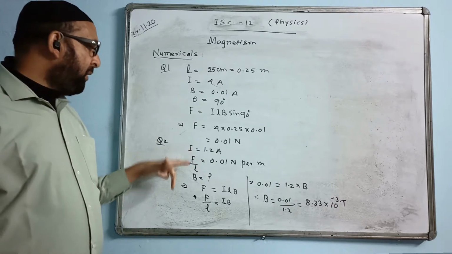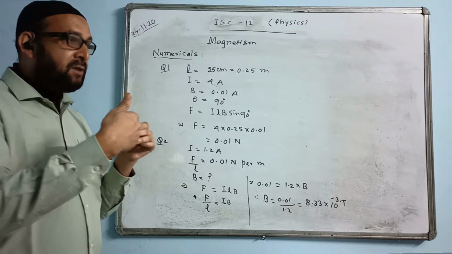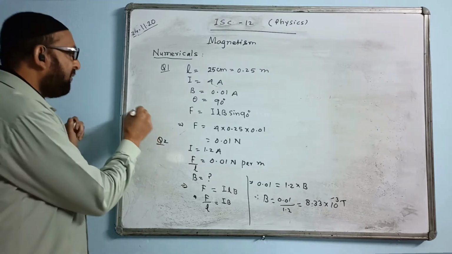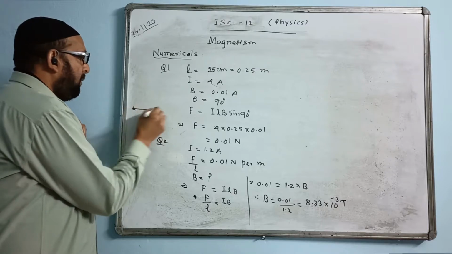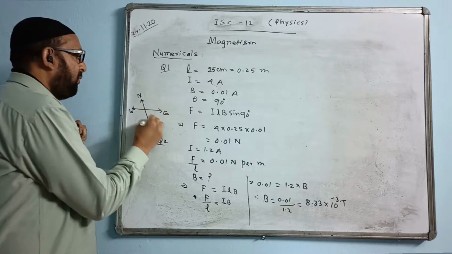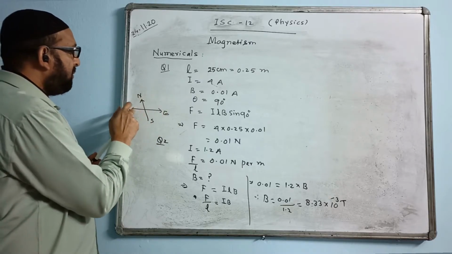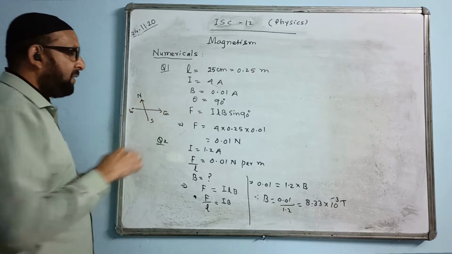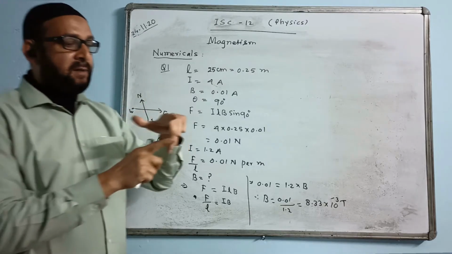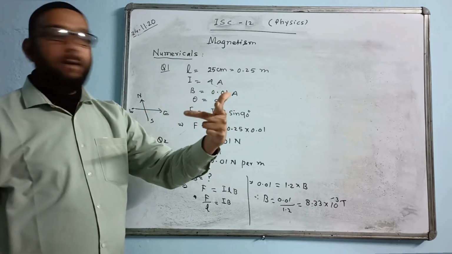The conductor is flowing current in the direction east to west. Let us take it this way. This side is west, like we are following this kind of mapping. West, east, north, south. That means current is going this way, this side. East to west. So I'll keep, this is current, remember. Current is going like this way.